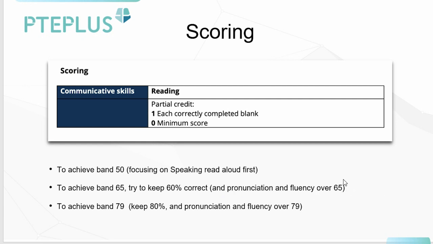This is because pronunciation and fluency are both important factors within your read aloud section. So that's why we need to make sure that our pronunciation and fluency are also high in order to do well in read aloud. And finally, in order to achieve 79, which is equivalent to the IELTS Band 8, we